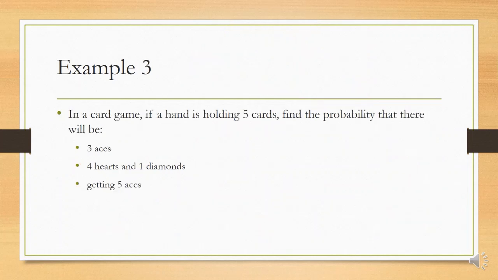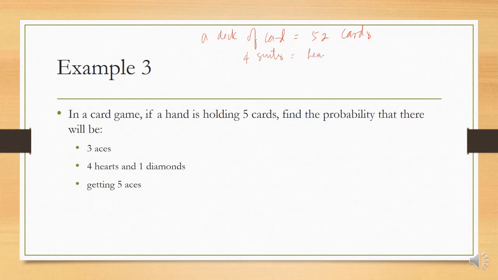Let's have example number 3. In a card game, if a hand is holding 5 cards, find the probability that there will be A, 3 aces, B, 4 hearts and 1 diamond, and C, getting 5 aces. Okay? So, remember, a deck of cards has 52 cards. Okay? So, for the characteristics of the deck, remember that we have 4 suits,